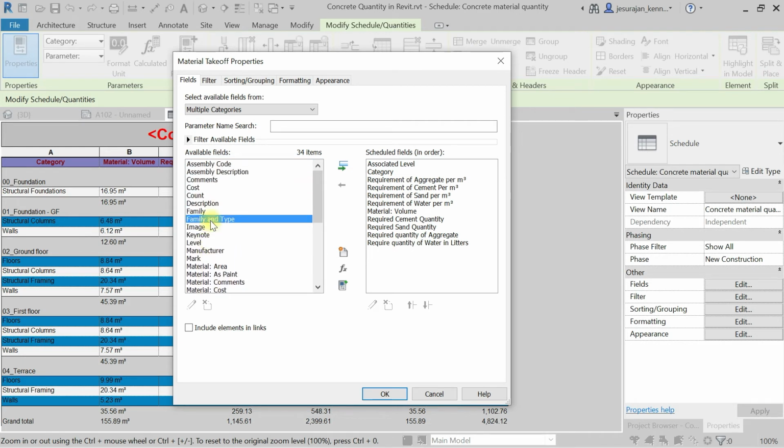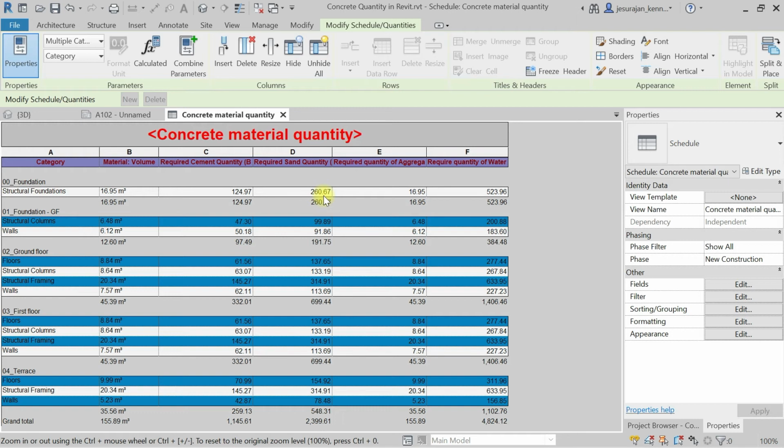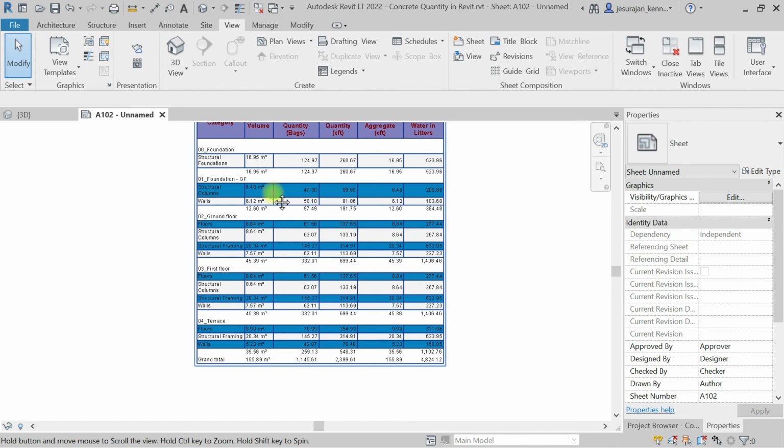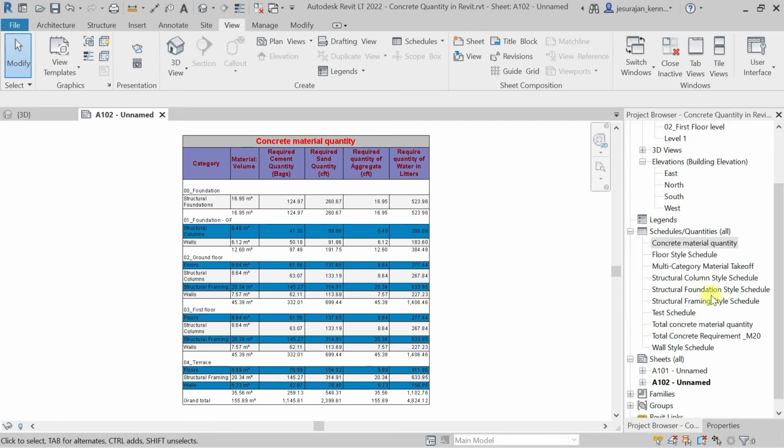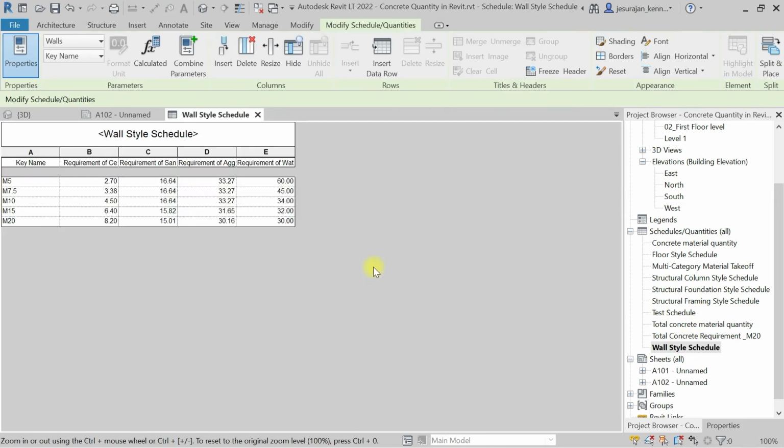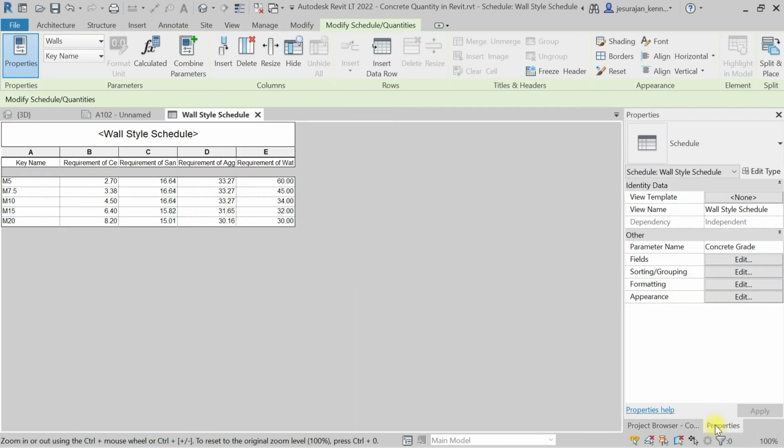So concrete grade, I don't have it here. Because for the quantity of concrete, for which grade how much material I need to calculate. So for that, what am I going to do? I'm going to create one more parameter saying concrete grade. So I'm going to schedule, wall style schedule. So here in the properties,